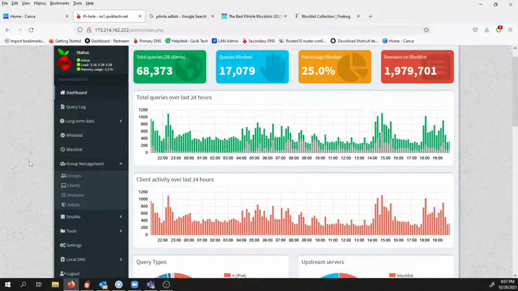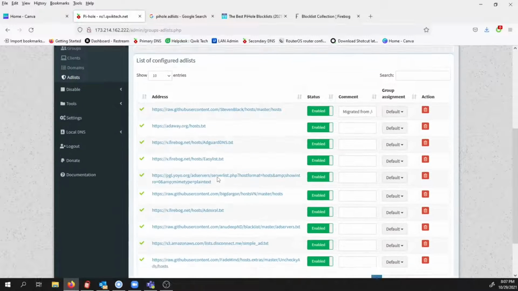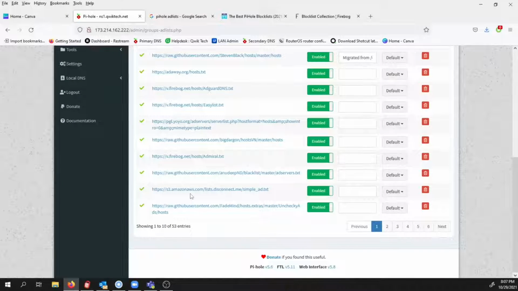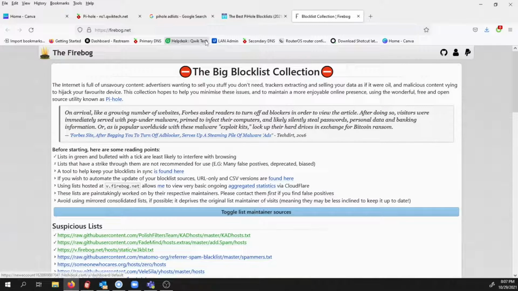So let's say you want to put in an ad list. So you click on group management, you click on ad lists. Then once you get to ad lists, mine, I have several different ad lists. I've got like 53 of them. And you can add as many as you want. So you will want to go to